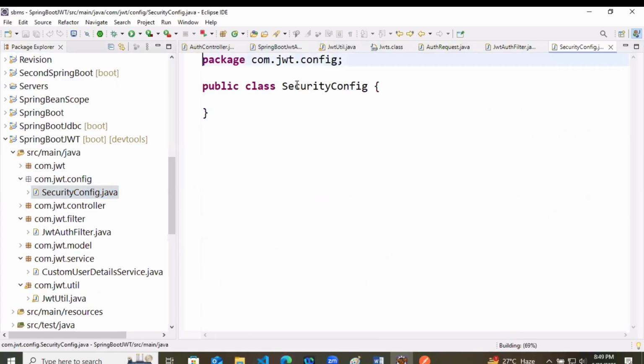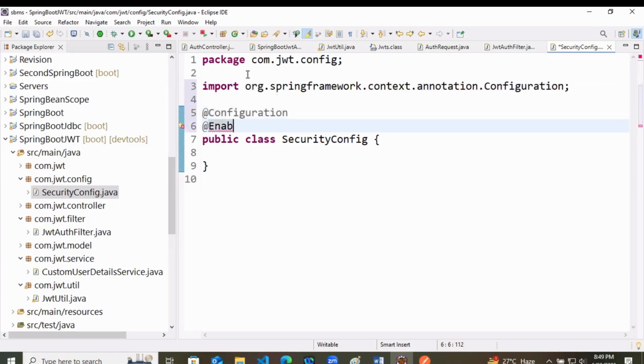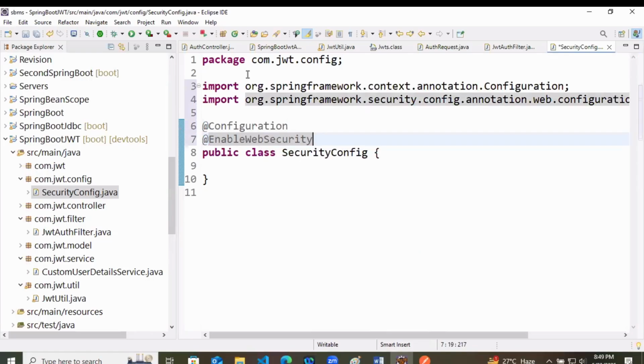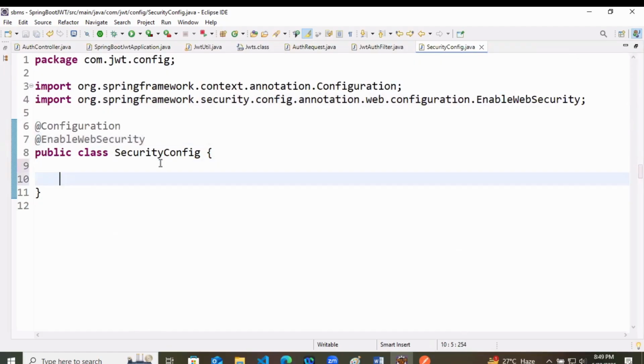Security config class. This is going to be the same class where we kept the configuration annotation and the enable web security annotation. Now here we will override all the requests, because Spring Boot will by default provide some of the security.